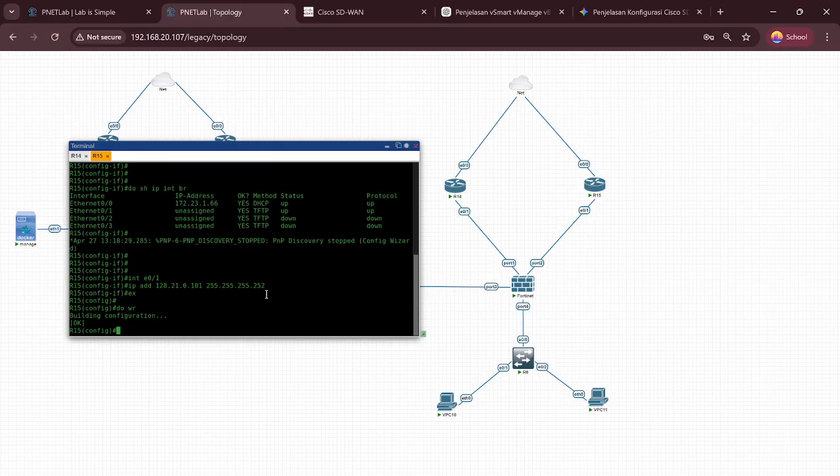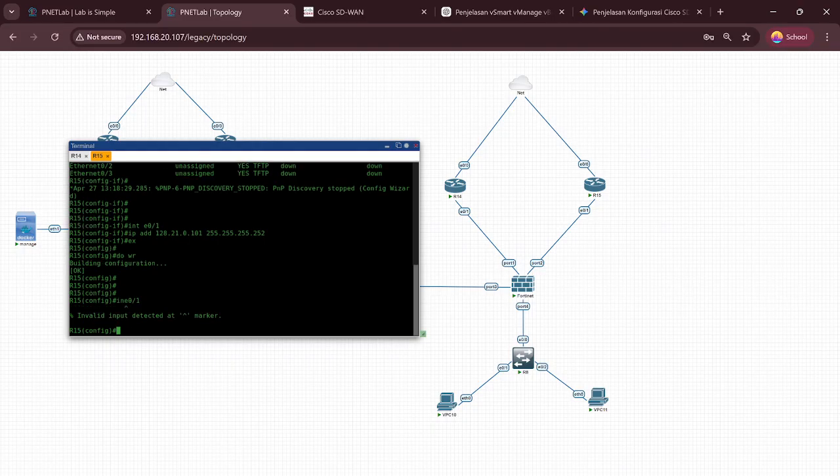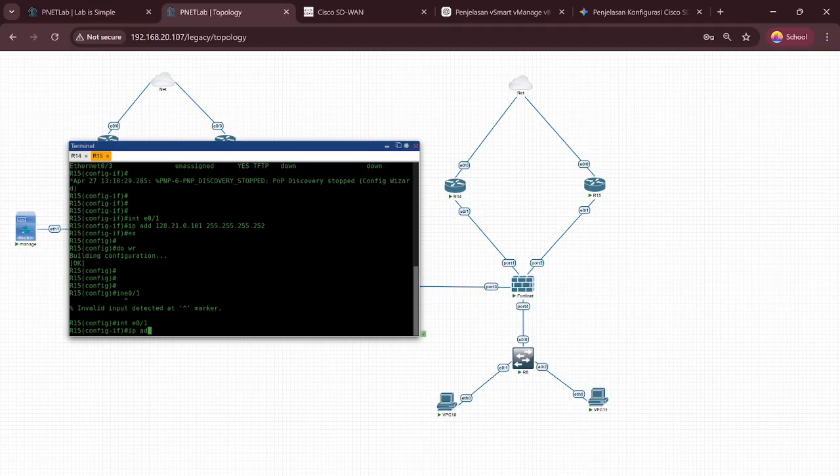Okay, now to ISP2, enter interface Ethernet 0/1. Enter IP address 192.168.0.101, and the prefix is the same as router 1.